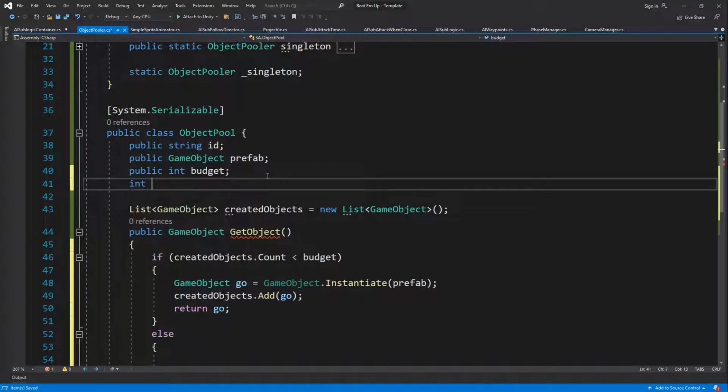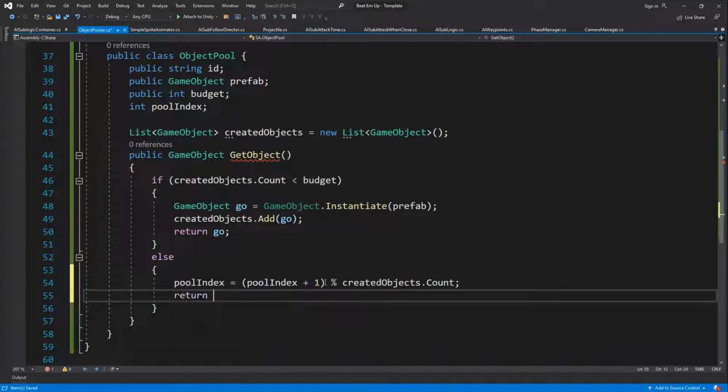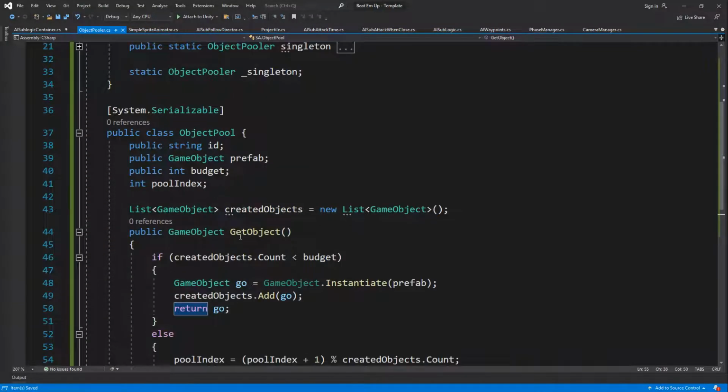So pull index, pull index plus 1, created objects dot count. Return created objects pull index. Okay, now the only thing that we need to be taking into account